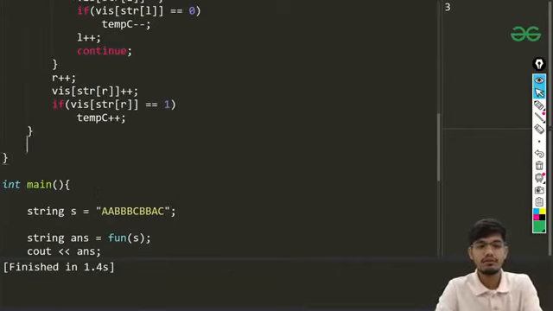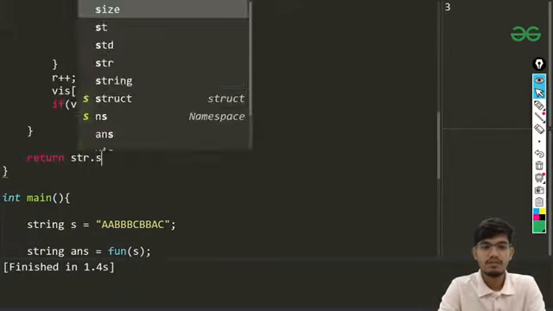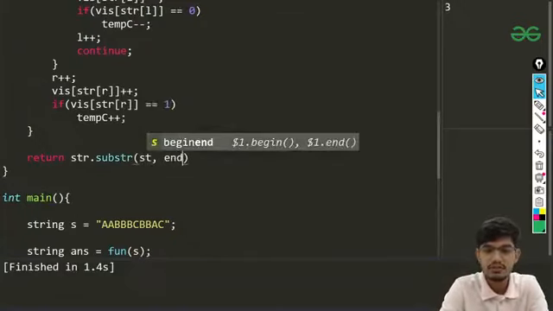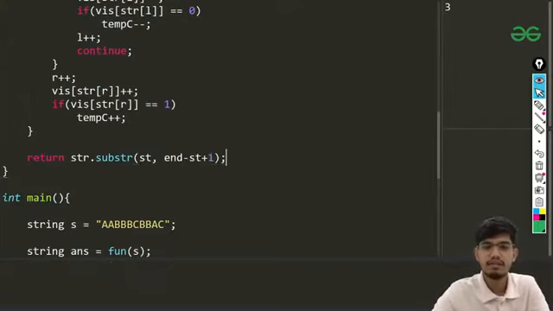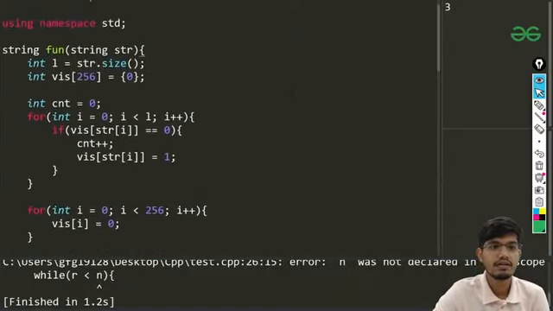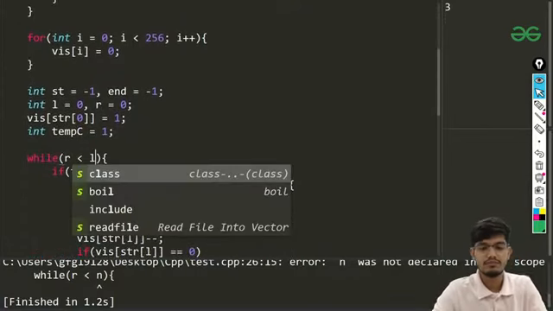Now let us try to return that, and let's hope there is no errors. So I'll be just passing that substring, and in this I'll be passing my start, then I'll be passing my ending minus start plus 1, which I have already mentioned in the code. So let us try to run this code and see whether we are getting the correct output for that. So here it is saying while r is less than n, so what I have called that, I have called that as L, so I'll be calling that as L.